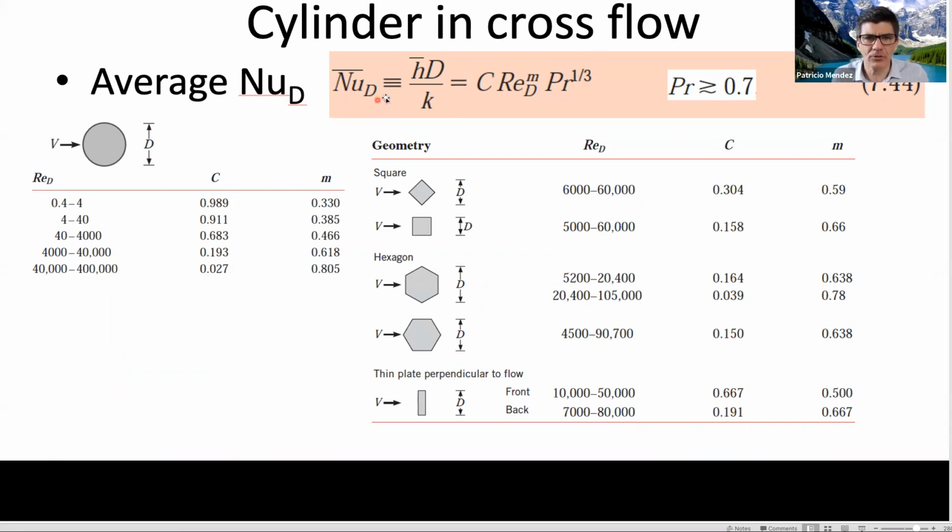But I'll draw your attention to this. Here is Nusselt, with the bar meaning average Nusselt. And this is a formula, H bar. So in the end, we care about H, but they tabulated everything in form of Nu. So it says, if you want to calculate the heat transfer in a pipe, you have this formula. Look at this. C times Reynolds to the something times Prandtl to the 1/3. This is almost exactly, well, it is exactly what we have